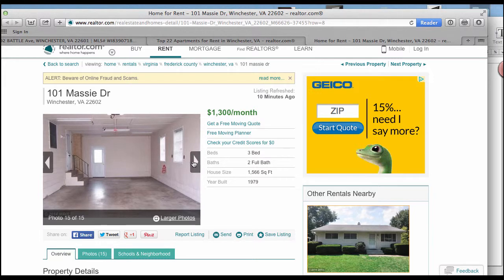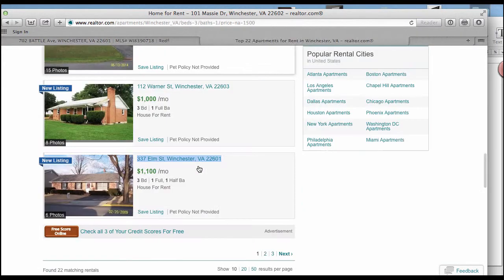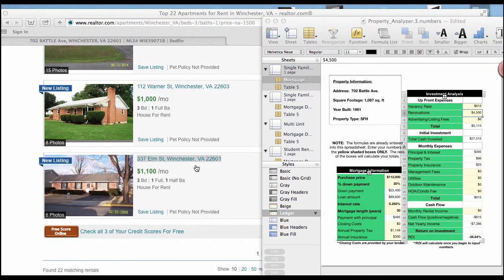Okay, so when I'm now kind of sitting here and thinking about what I just saw in terms of properties, in terms of square footage and beds and baths, I would say that it was probably around that 900 to 1,000 rental number. Now, in all of the properties that we looked at, they all were pretty old on the inside. Now, the renovation budget, $4,500, would enable us to go in and freshen it up, update it, new light fixtures and new hardware, new doorknobs, go into that kitchen, new nice countertop, paint the cabinets, get some new hardware